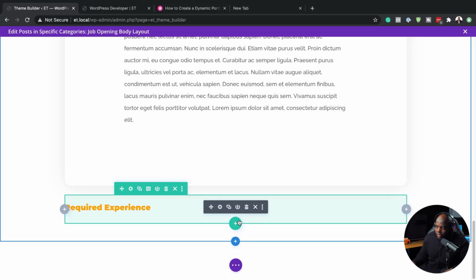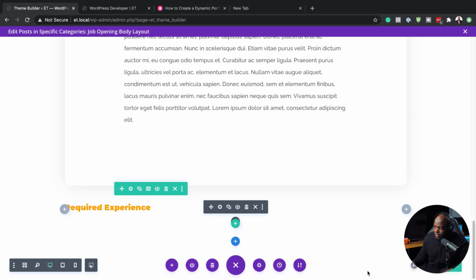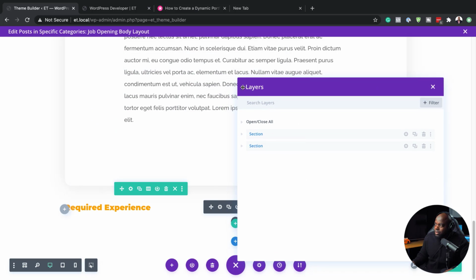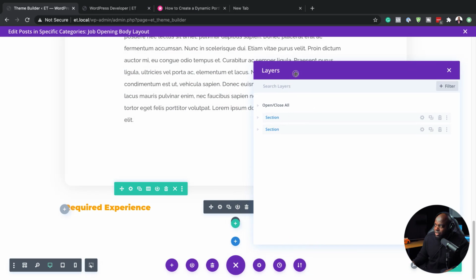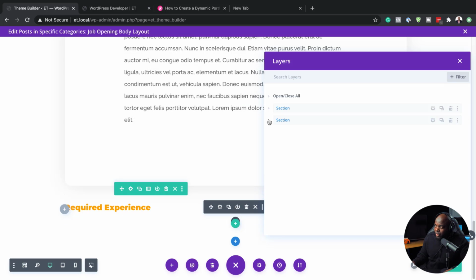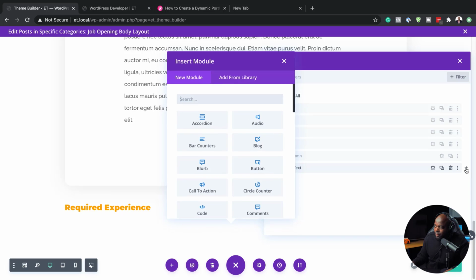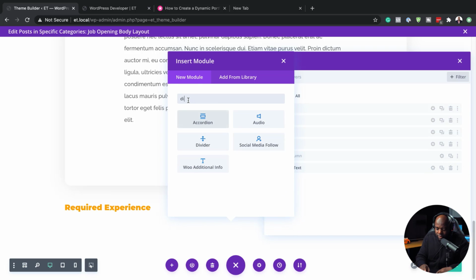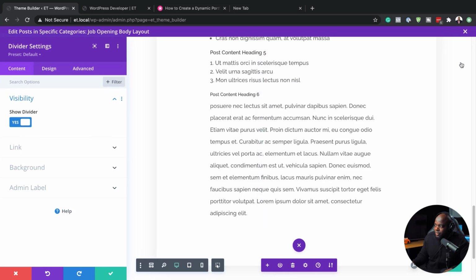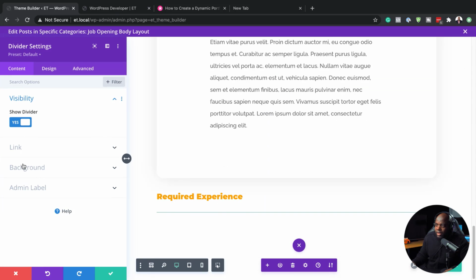Now, as you can see, I can't go in and add my divider. So what I'm going to do is use my layers. So I'm going to come over here. My layers will make it easy for me to access any parts of my site that I cannot access. So I'm going to come over here to this row, and I know it's the second row, and here's my text. And now I can click on this plus button and add my divider like that. Okay, great. So now that I have my divider added, in fact, here it is,